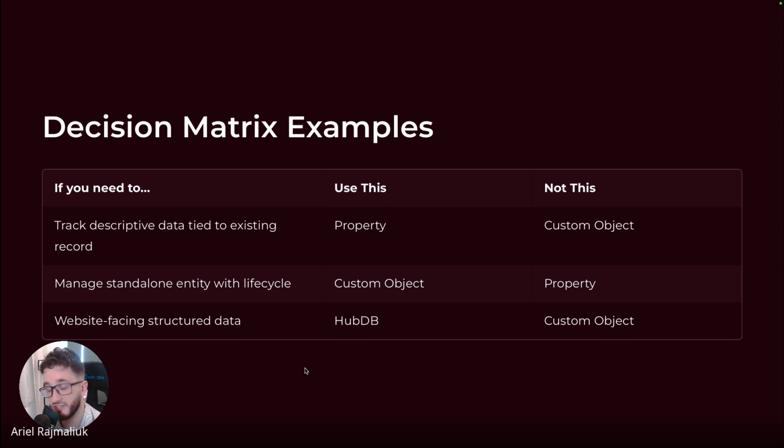Okay. So, for example, let's say the car. You want to know when this car was sold, but you also want to know how many times this car came back for being repaired. And you want to know how many times this car was sold to someone, right? So those things happen in a timeline. So you want to create a custom object because you will have this layout from HubSpot where you have the properties on the left and the relations on the right, but in the middle you will have the activity. So do you want to track things over time? Do you want to track what happens through the history of that object? That's a custom object. Okay.